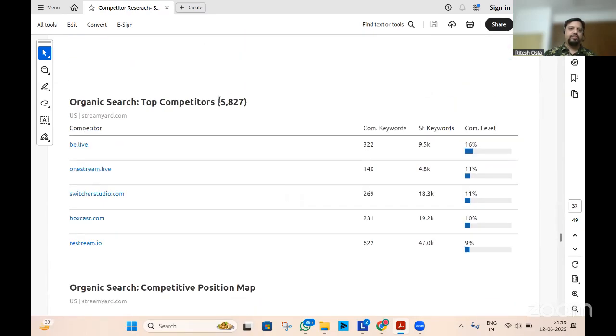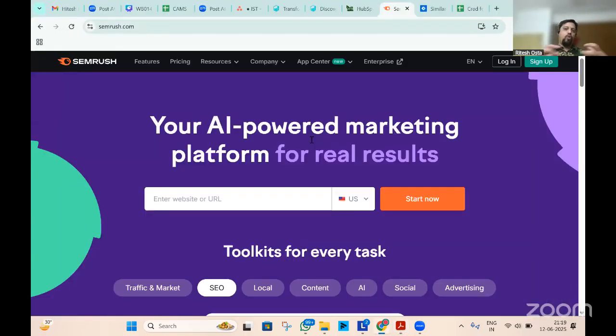So as you can see, there are 5,827 companies which are similar to this particular company. I just downloaded this particular list just to give you an idea. So what AI will do is AI will take all these strategies and then work on top of it and cluster together similar companies. That's what AI is going to do. So whatever traditionally you have been doing, the simple method, the AI can add another layer to it and make things much more effective. All right. So let me just go back.